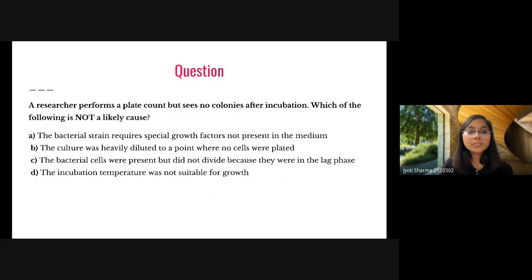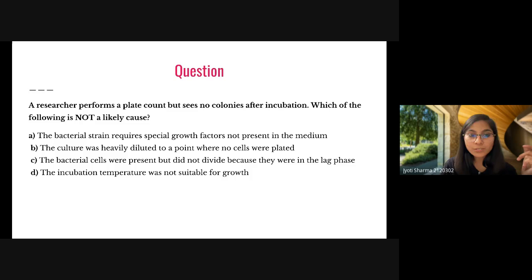Okay, so the next question is, a researcher performs a plate count. So plate count is nothing but, on the plate you have agar, let's say, and on that agar you have some colonies of the bacteria, and you need to count those colonies of the bacteria. So this is something about the plate count. If a researcher performs a plate count but sees no colonies after incubation, which of the following is